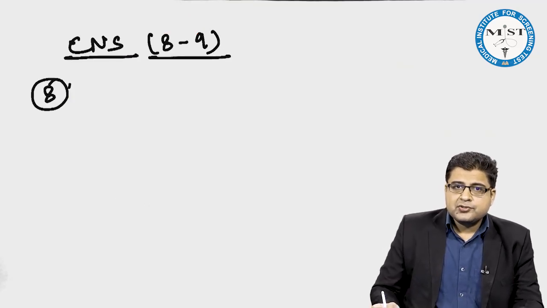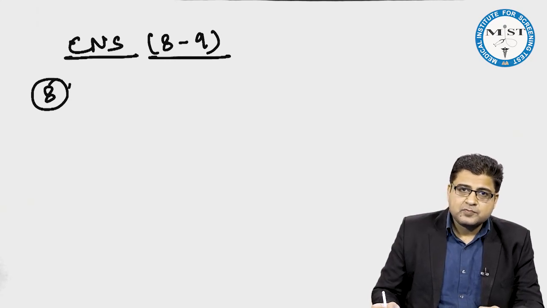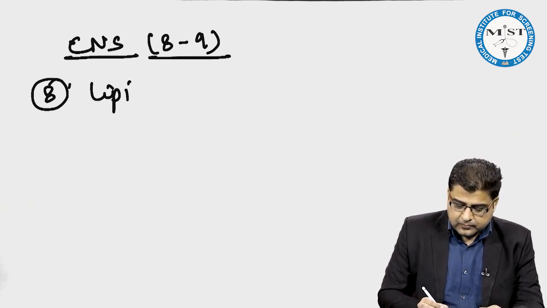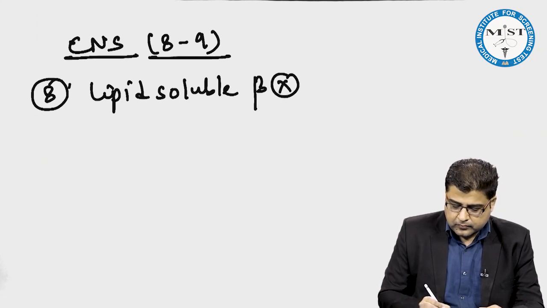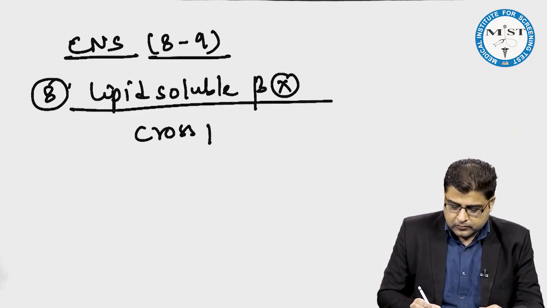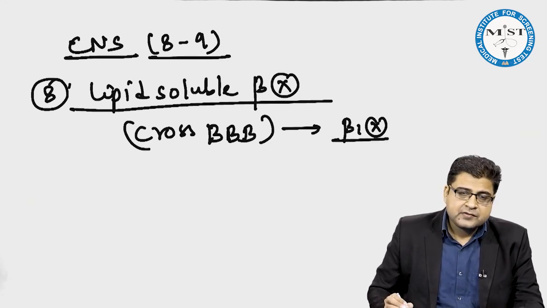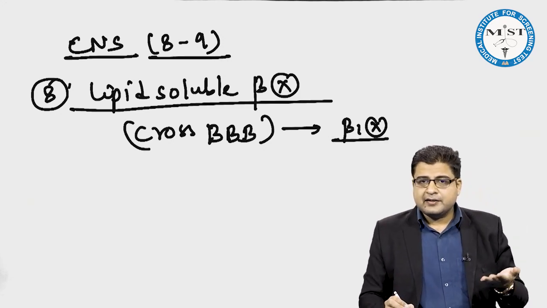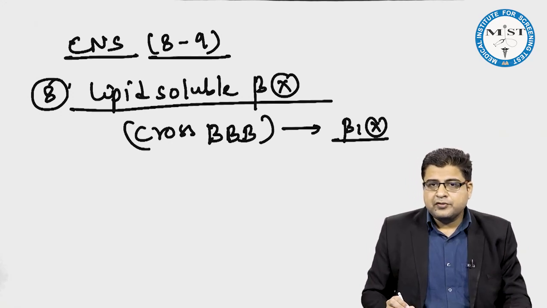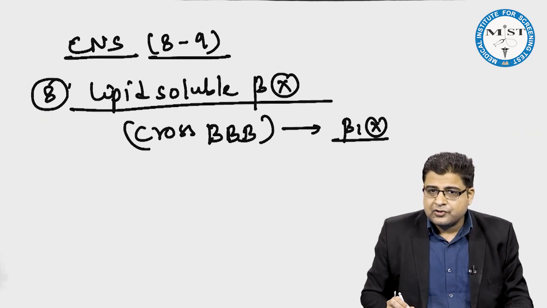So beta blockers, when given to a patient, especially the lipid soluble beta blockers which can cross blood-brain barrier, these medicines after entering in central nervous system block beta 1 receptor. Now please remember, beta 1 receptor is a type of excitatory receptor in CNS. So if these medicines block this beta 1 receptor, medicines can block various centers of CNS.